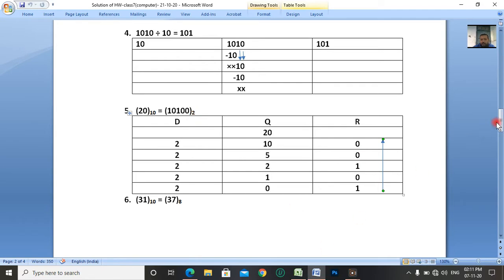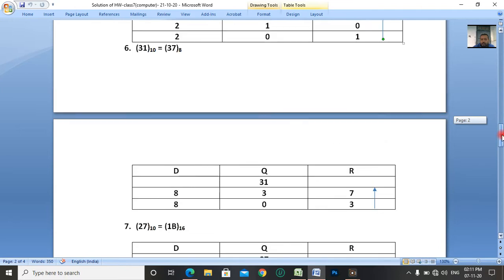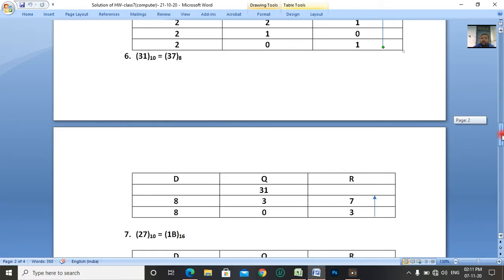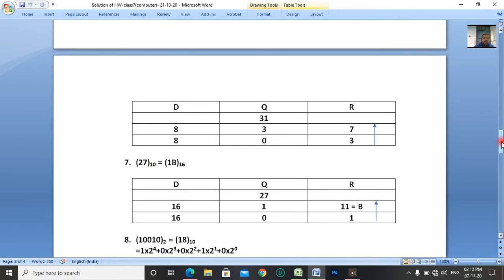Okay students, now we are going to do the next problem. It will be converted into octal. This is base 10, a decimal number, and now the decimal number is going to be converted into an octal number. Whatever we convert, we have to divide by the base, so octal is divisible by 8. When we divide by 8, 8 threes are 24. When 24 is subtracted from 31, there will be 7.